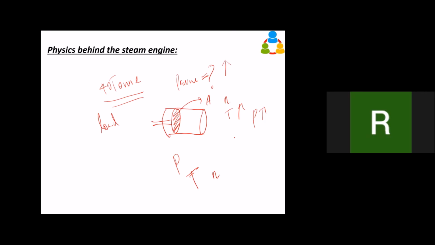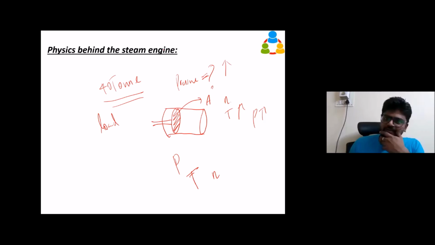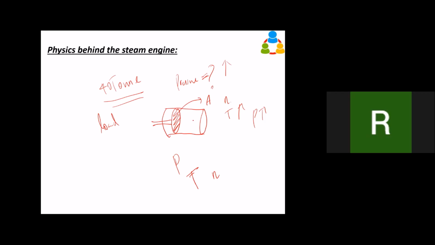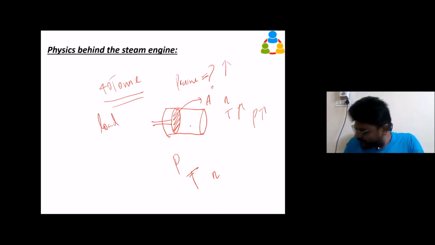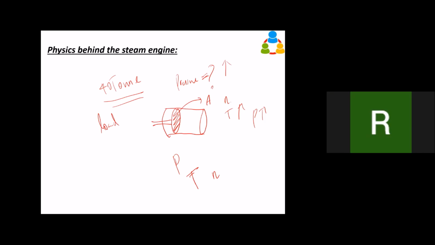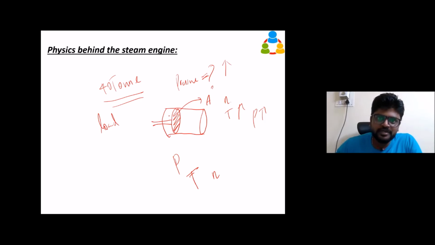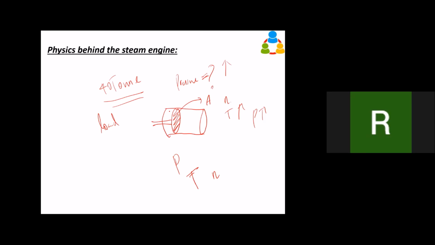So the steam in the valve... Valve or cylinder? In which the piston releases the steam, right? So the pressure in that valve. I'm not getting what it is. So right now, the piston will release the pressure, right? The piston won't release the pressure. The piston will push the used steam back.